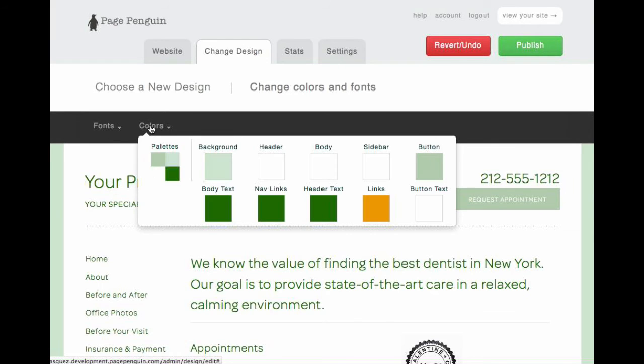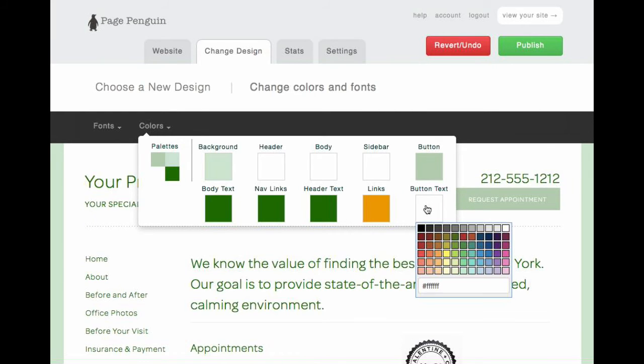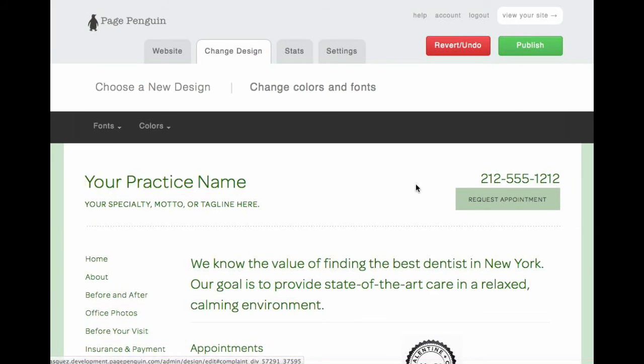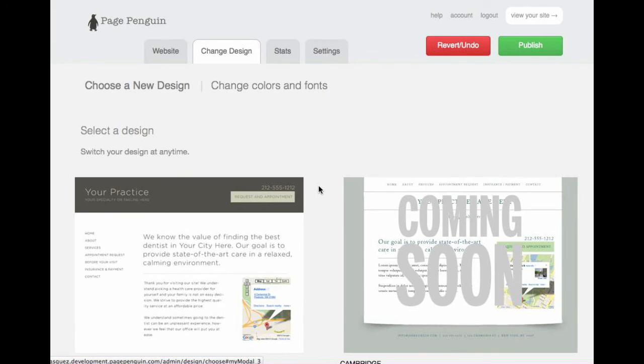Similarly, we could change specific colors. So maybe we think that the text on the appointment request button, maybe that should be dark. Maybe we like that better. Or we could try something completely different. Let's go back to change design. And let's choose